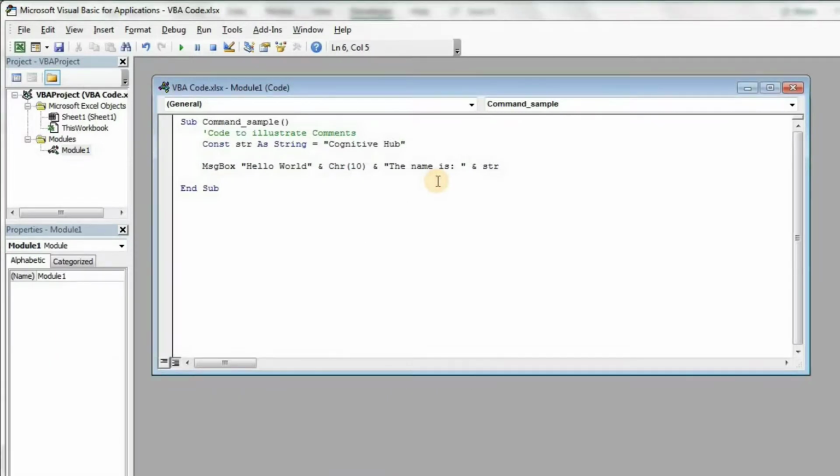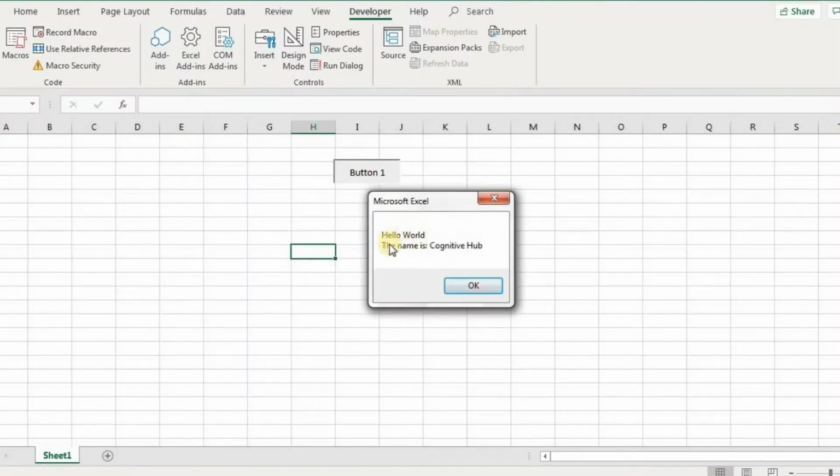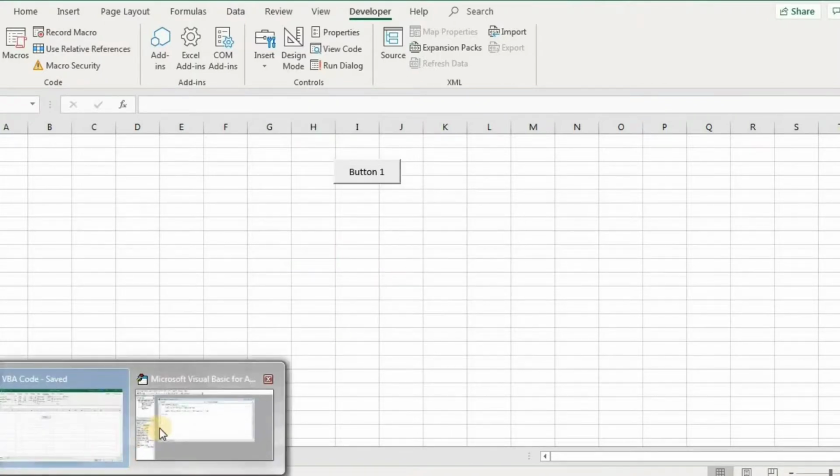I forgot to save it, so save here, go to the spreadsheet and click it here, and then see, the name is cognitive hub will come in the new line. So that's the beauty of chr of 10.